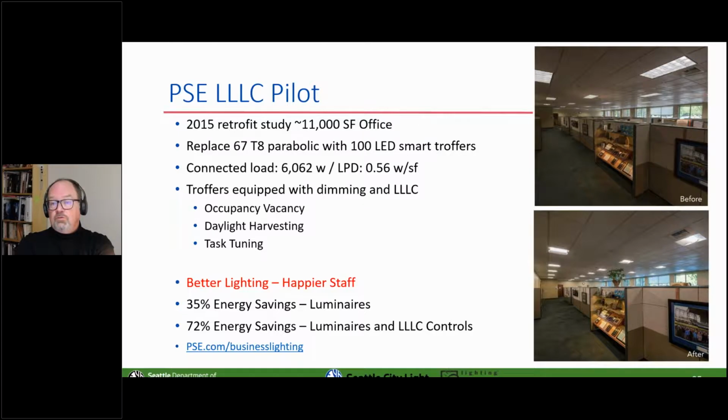And the connected load without dimming in this case is 0.56 watts per square foot. So actually slightly above the allowance, but with the difference between light fixtures from 2015 and the light fixtures from 2022, the improvements in performance will have made us go considerably below the 0.56 watts per square foot here. But the key thing to take away from this is that this is a retrofit